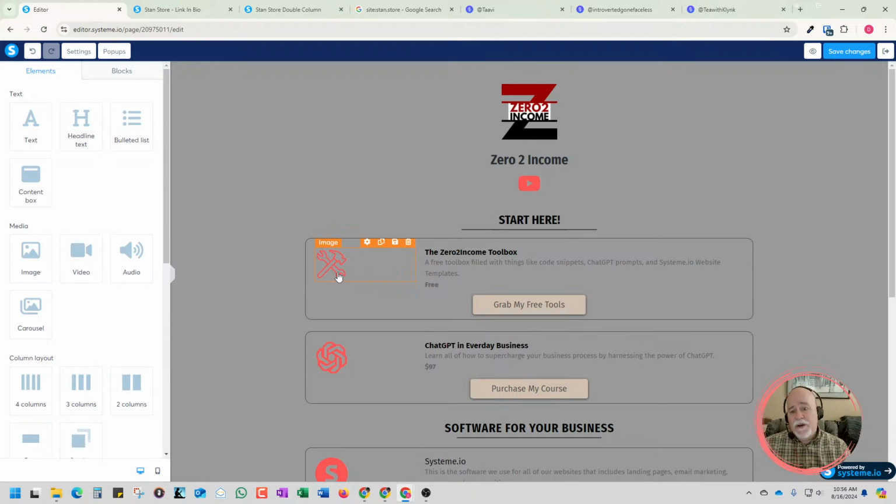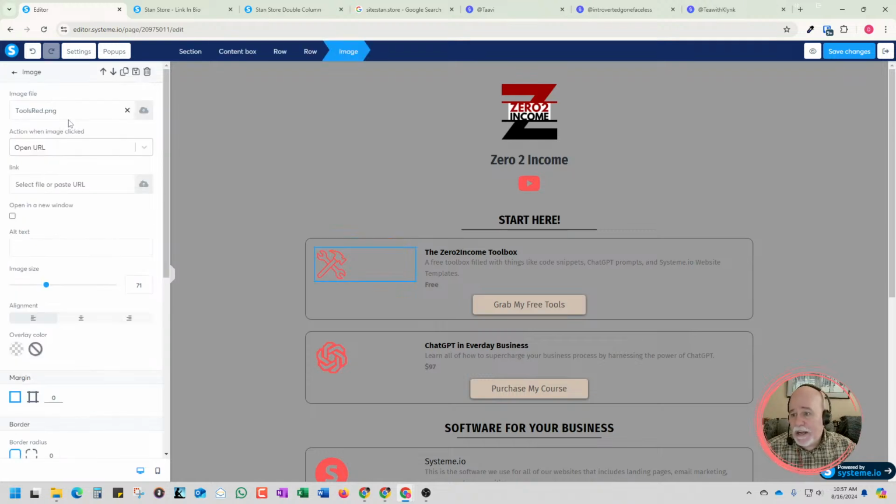And I know that with regular PNG files, as you get bigger and smaller, if you start off with a file that's a real high resolution, as you get bigger, it'll be okay. But with an SVG file, it doesn't matter what size it is; it should always look good. All right. And so I really like using SVG files when I can. If I go over here right now, I can tell the tools image that I'm using is a PNG,